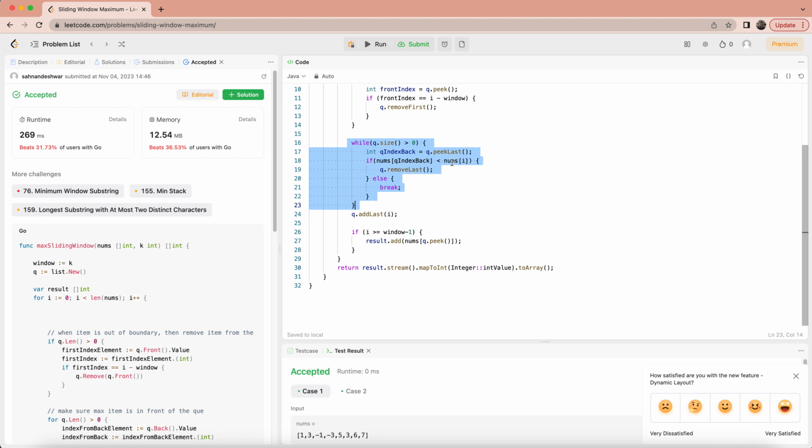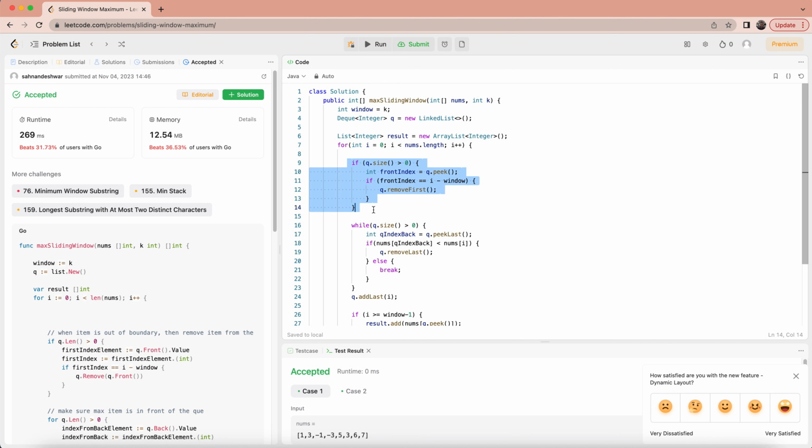What is the newly coming item? That is from the loop. If it is less than, then remove. So in this way, this logic makes sure the max item is in front, and here we are getting the result,